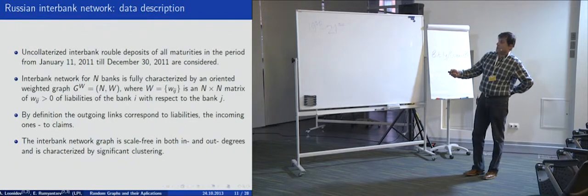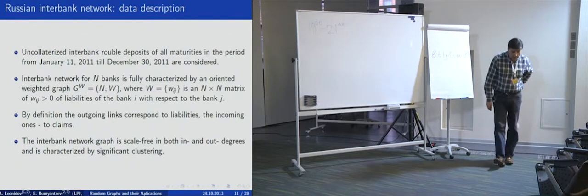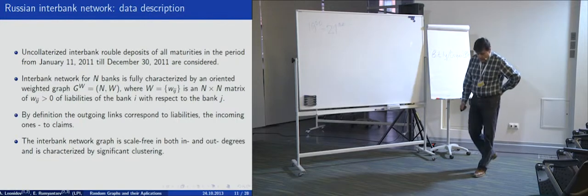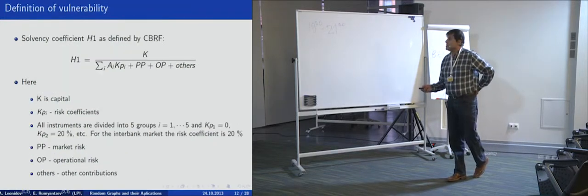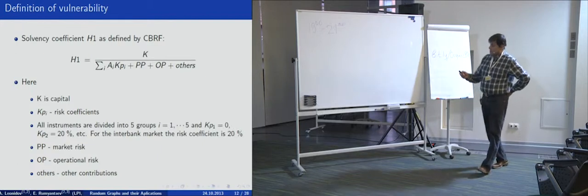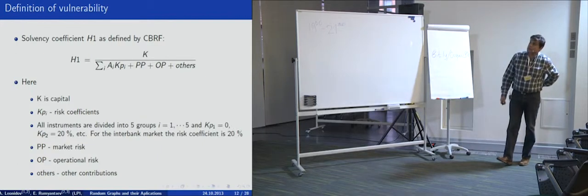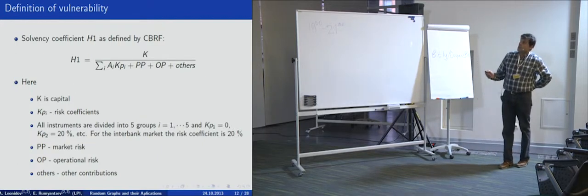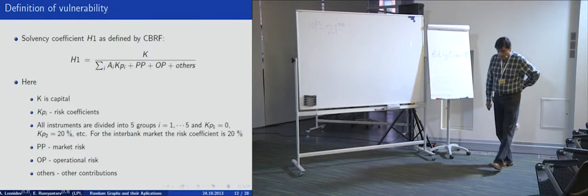Now, the first thing that you look at is what is the degree distribution, the in and out degree distribution, and this is scale free. I will show you the plot later. Now, the definition of vulnerability is